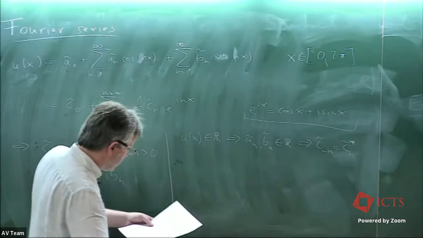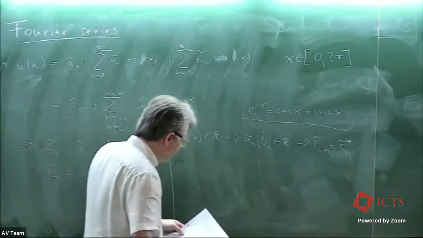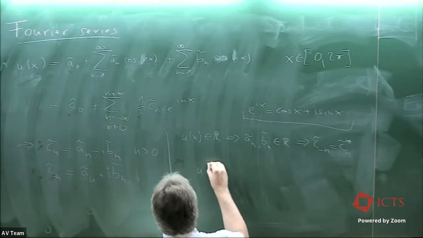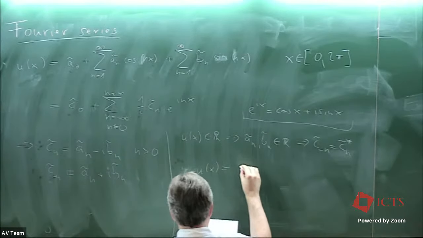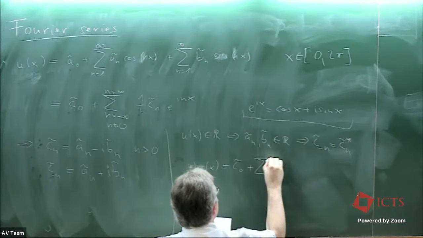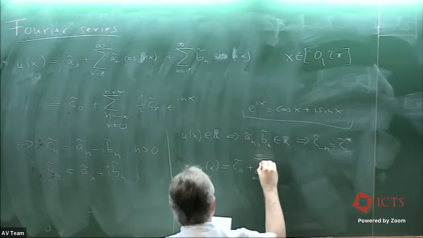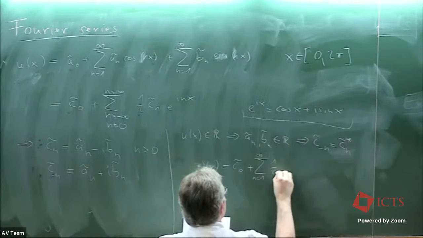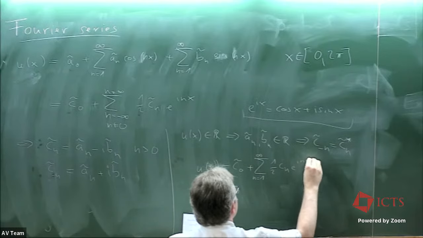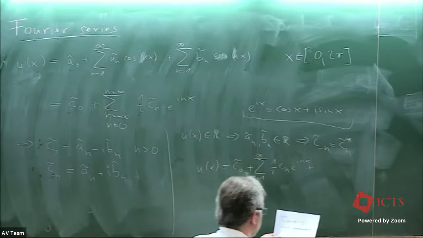And then we can write the complex expansion as C0 plus the sum n equals 1 to infinity, 1/2 C_n tilde e to the i n x plus